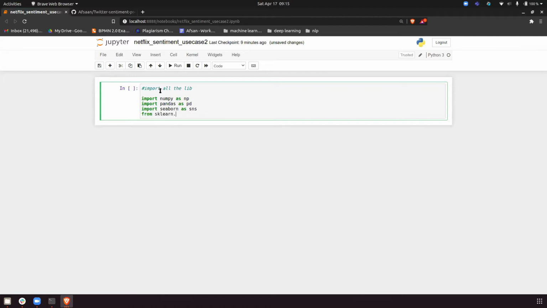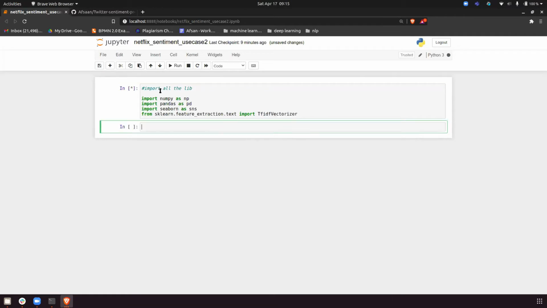Then we have to import a TfidfVectorizer, so from sklearn.feature_extraction.text import TfidfVectorizer. Once we have done this, just run the cell.